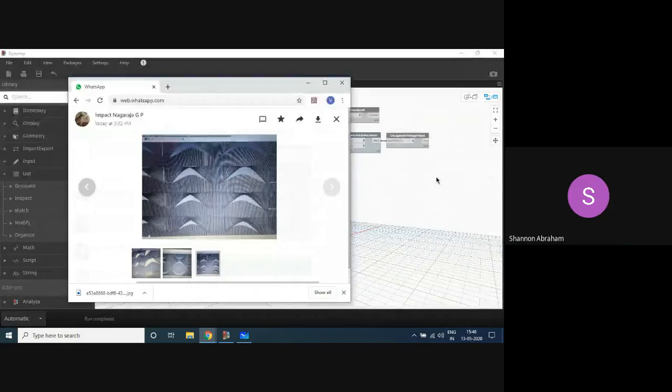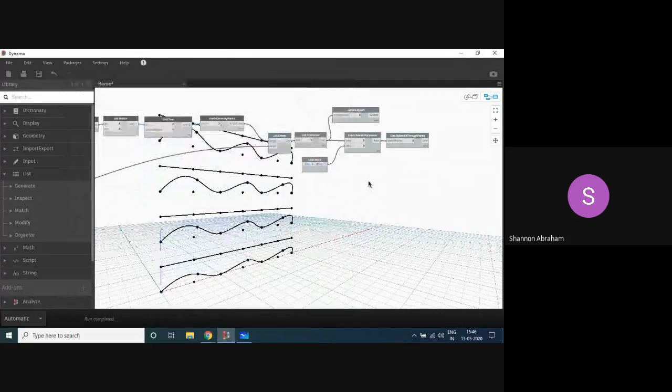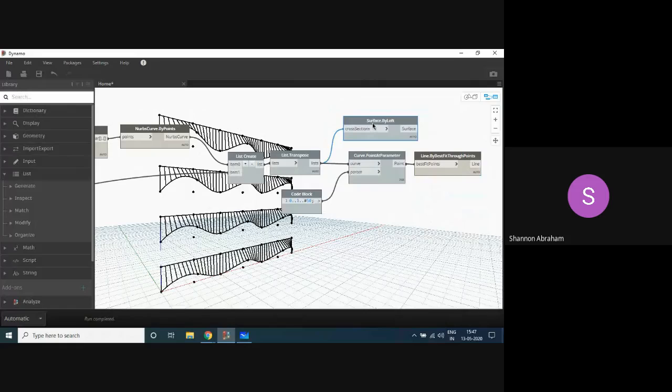I have a doubt. Can we get an existing model from one of our offices or wherever, and then import it in Dynamo and do something computational to the facade? That can be a real-time project, right?